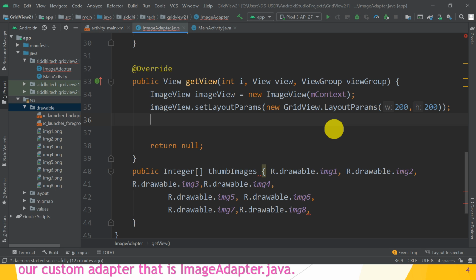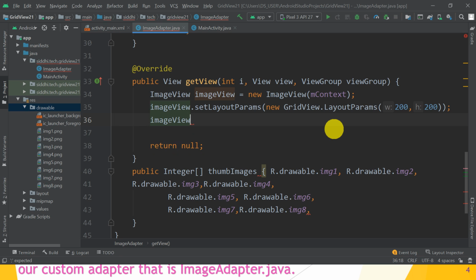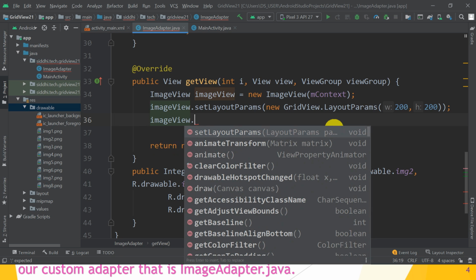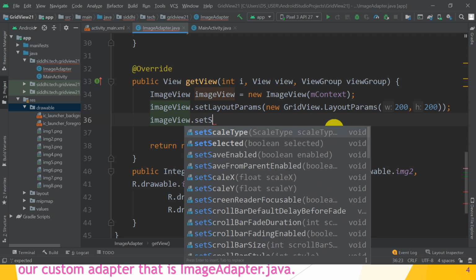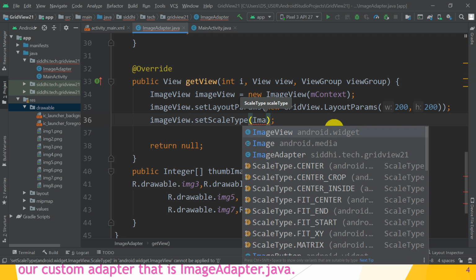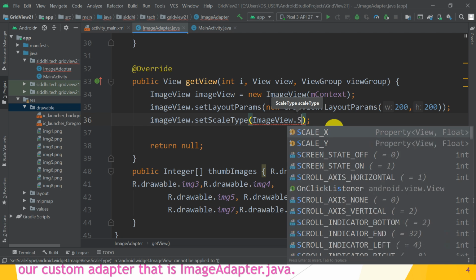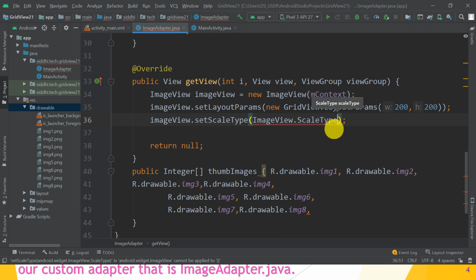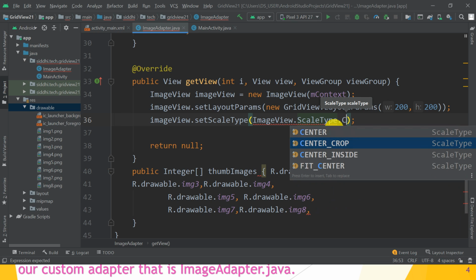Great. Then imageView.setScaleType, that type is ImageView.ScaleType, and choose the CENTER_CROP constant.